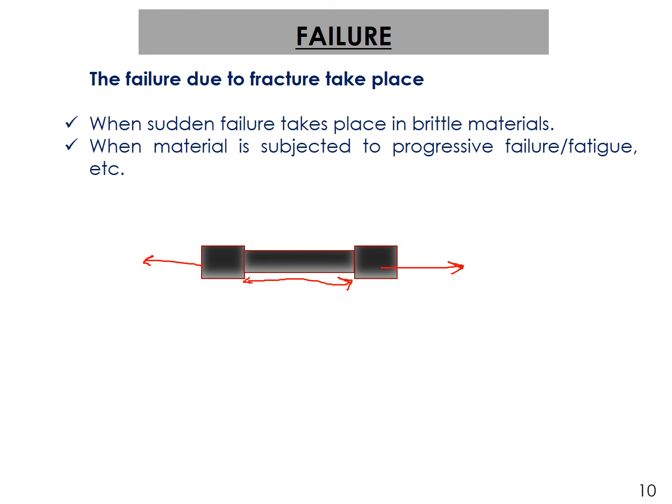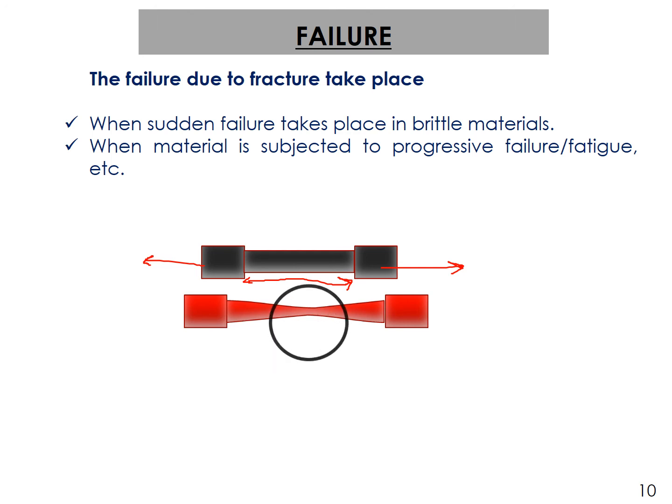Now, if the material is ductile, what will happen? This will be the shape of the material. Its length will get elongated, but you can see a neck has been formed. It is encircled. This is the neck formation. What is neck formation? The area has reduced gradually. It has yielded, so this is a failure. It has become weak. Because stress, if you go by that formula, is load per unit area. Now, area is decreased, so the stress will increase. If stress increases, you will get increased strains, and finally the material will fail. So that is a failure.